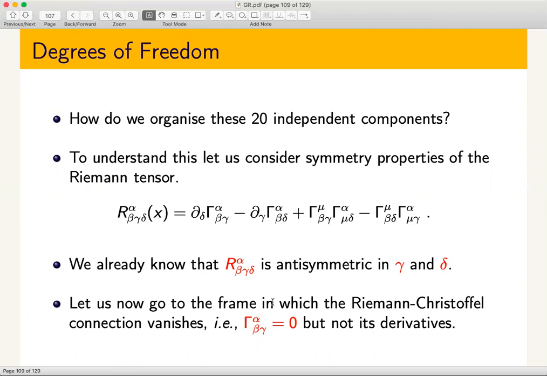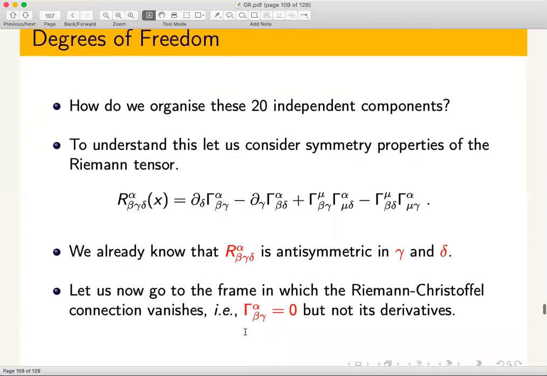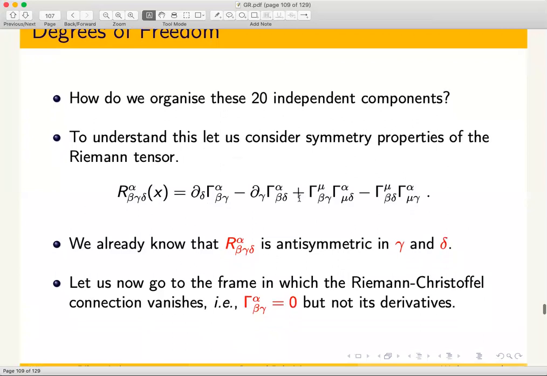But when I say gamma alpha beta is 0, it does not mean that its derivative is 0. So you choose a point x equal to x0, at which the gammas vanish, but the derivative of gamma does not vanish. If you think of that as a function, that function crosses from positive to negative or negative to positive with a finite slope at that point. As a result, in the Riemann tensor, the last two terms, which are products of two gammas, you can ignore. But the first two terms you need to keep. Why? Because although gamma itself is 0, its derivative is not.